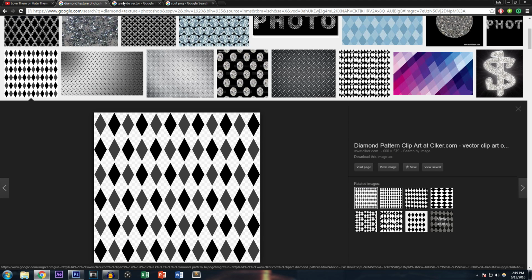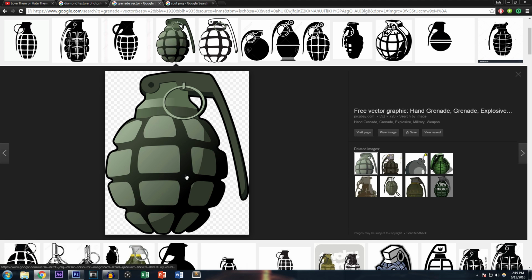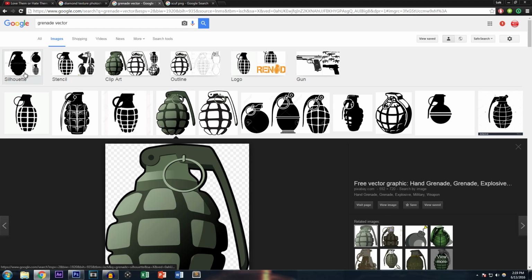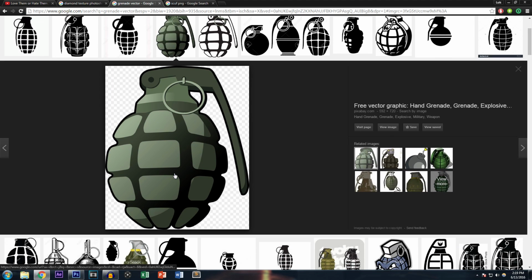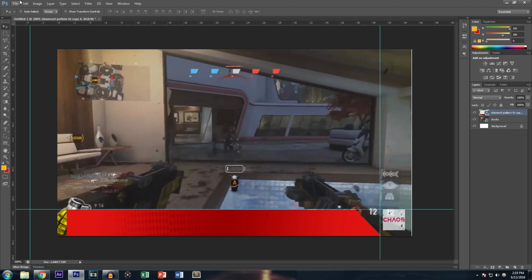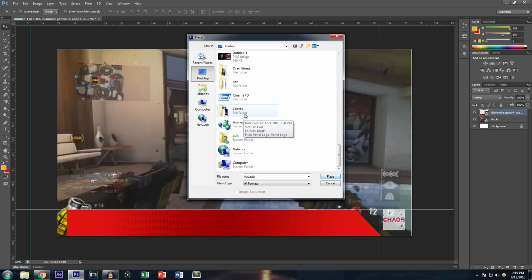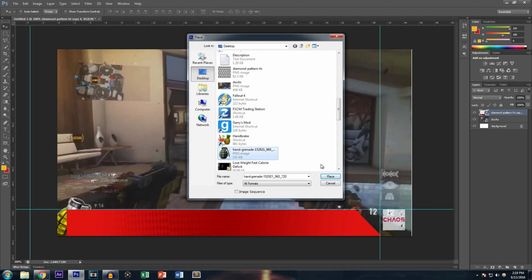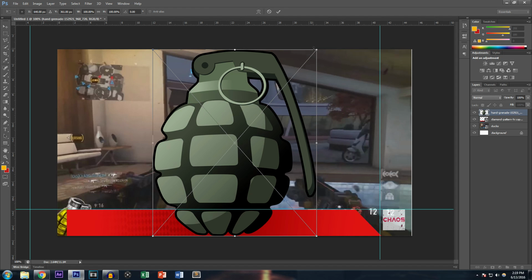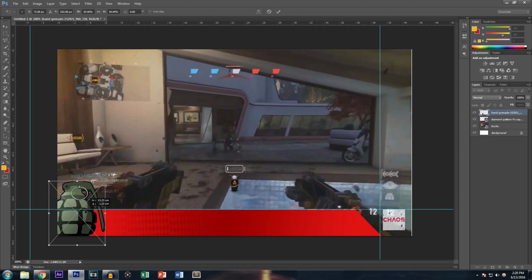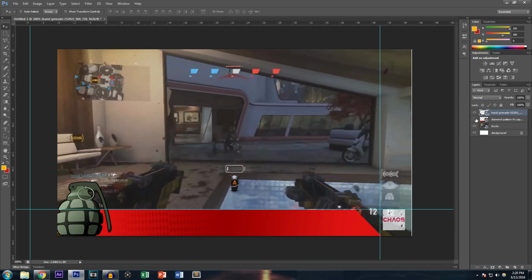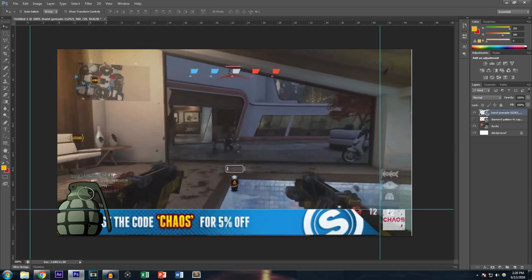So we're gonna go to Google, get that grenade vector. That's exactly what I put, grenade vector. Vector basically just means it's made in Photoshop and whatnot, and it looks pretty good, so that is good. We're going to file, place, and grenade, where you at, bro? Here it is. Okay, I'm gonna hit that, make it smaller, and then turn this off for a second, or hit enter to get rid of that, and turn off the layer for a second, go back to the grenade,